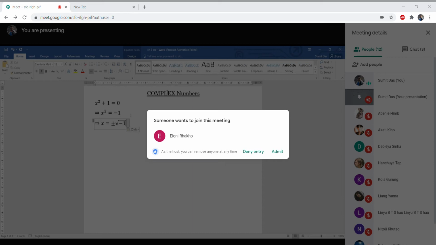Any idea whether this is correct or wrong? This is correct, right? But in class 10, what we used to do after getting up to this part,